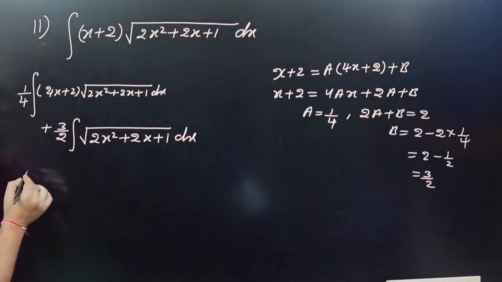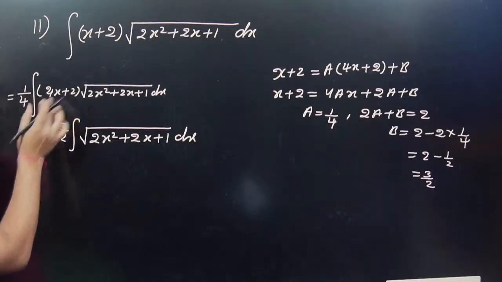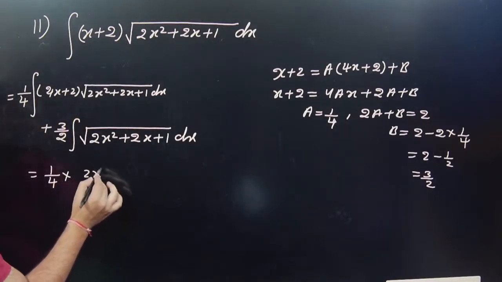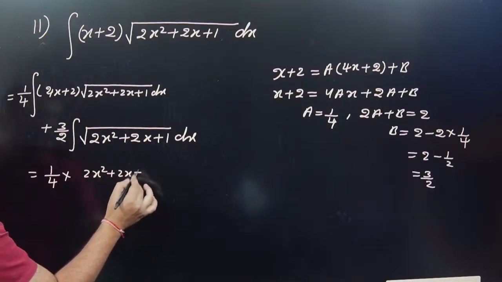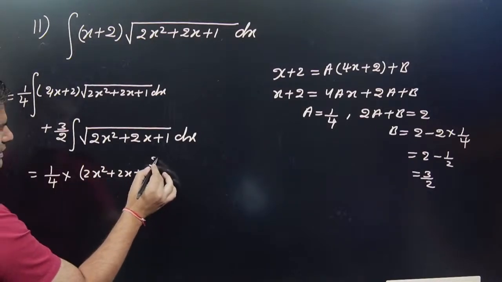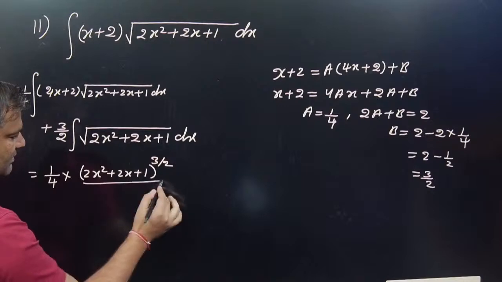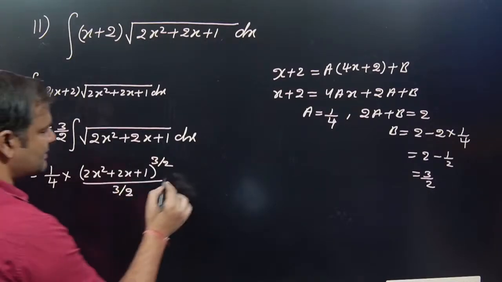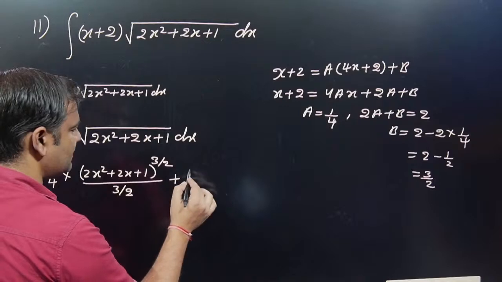Okay, now look here, what about that value: 1 by 4 into 2x square plus 2x plus 1 to the whole power 3 by 2 divided by 3 by 2, plus this one 3 by 2